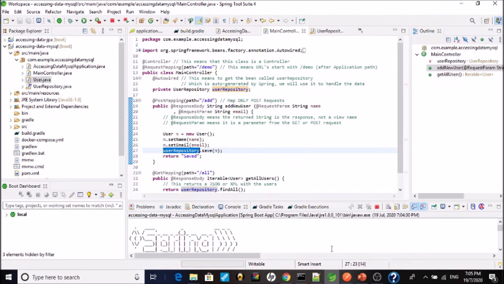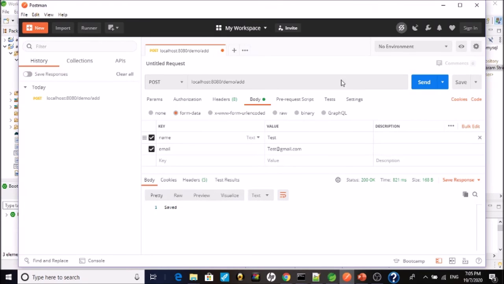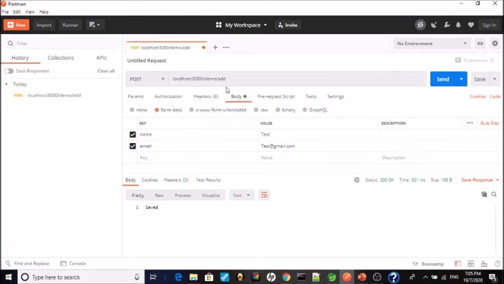To test this, you can use the Postman app. As I told you, the service name is demo and the operation name is add. It's a post request, and it has two params, name and email.